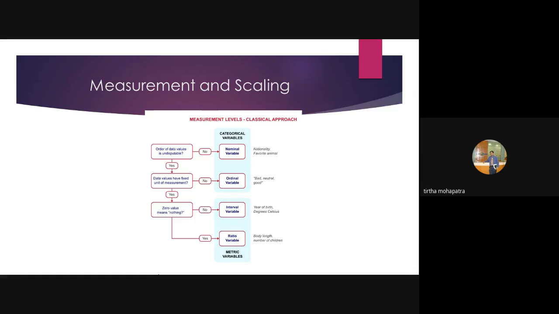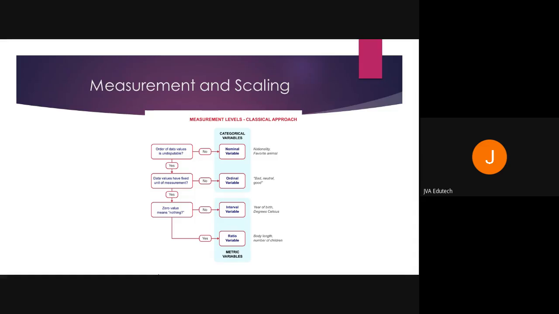Sir, can you give another example? First, let me tell you, I'll give a very perfect example which you will never forget. The third one is the interval variable. The moment you extend the ordinal variable or assign some weights to it and you create equal distances, your variable becomes an interval variable. So the difference between the 2 points is always the same. That's why they are called interval.